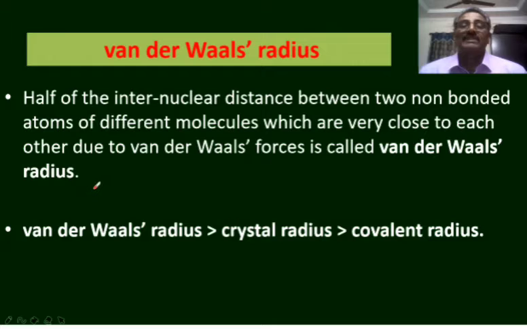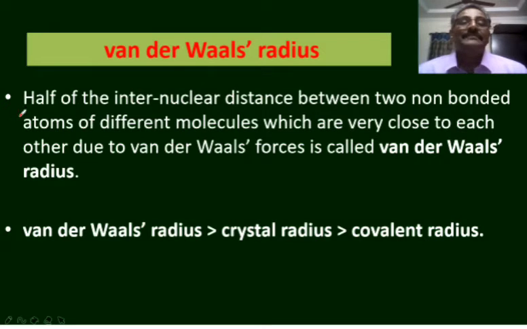What is van der Waals radius? This is also half of the internuclear distance. Crystal radius is half of the internuclear distance. The covalent radius is also half of the internuclear distance. The van der Waals radius is also half of the internuclear distance. But crystal radius is half of the internuclear distance between two metallic atoms in the crystal lattice of a metal,